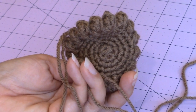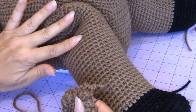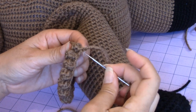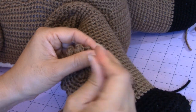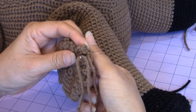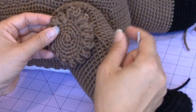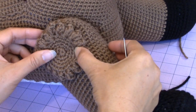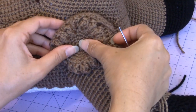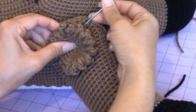onto your donkey. So now after you finished flattening that top portion, like I showed you, then just take your tapestry needle and put it onto the long end you left for sewing, and just kind of weave the yarn end, or the yarn that you're going to use to sew, down towards the center. Then you just kind of place it with the right side facing you. Kind of cover the leg where you want it to. And then once you're happy with the position, then you can go right into the leg and come up